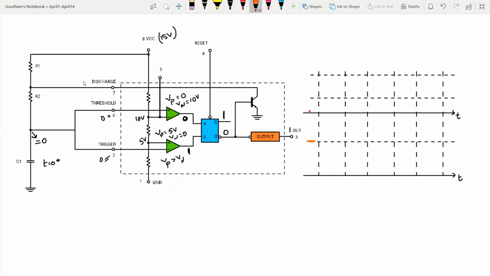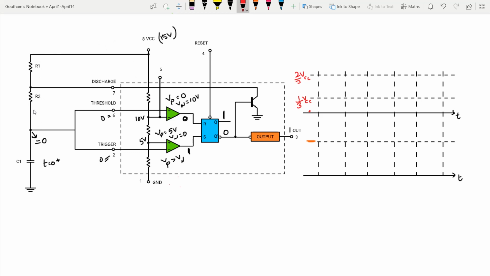Now what happens is this capacitor starts charging, and we know that the two important voltages in this entire circuit are the 2/3 VCC and the 1/3 VCC. So let this be my 1/3 VCC. This is nothing but the voltage across the capacitor. Let this horizontal line be my 2/3 VCC line. I switched on the 555 in astable mode here. Initially the voltage across the capacitor is 0, so corresponding to that the output is 1. That is clear.